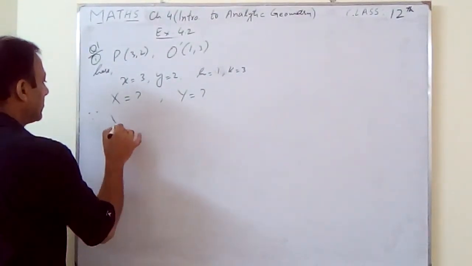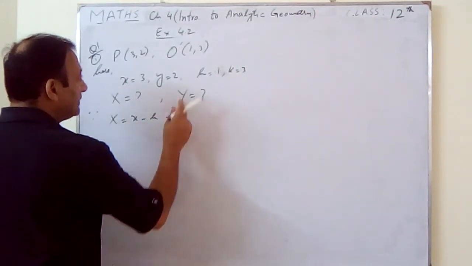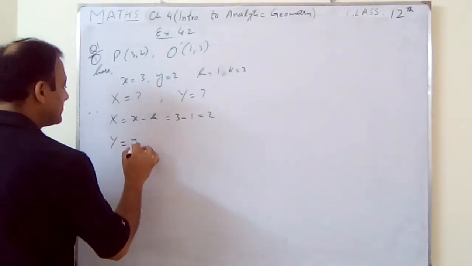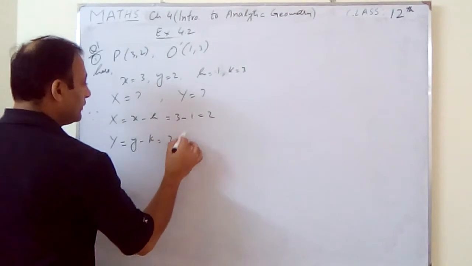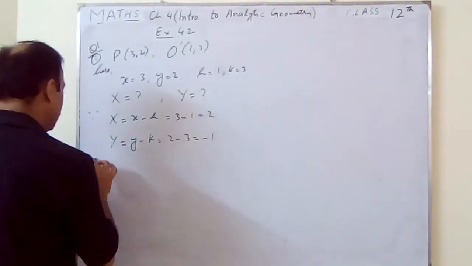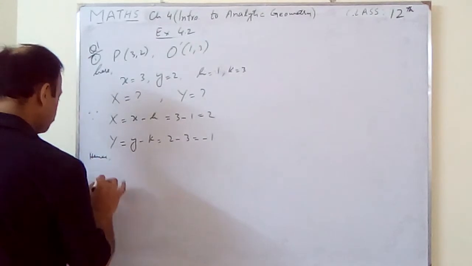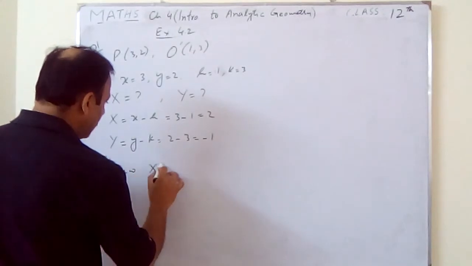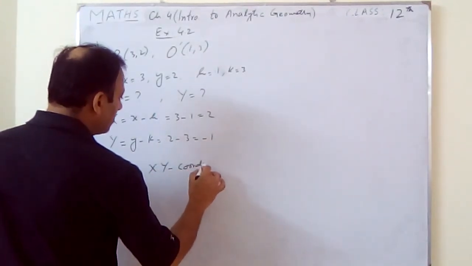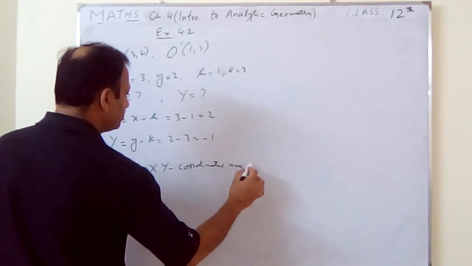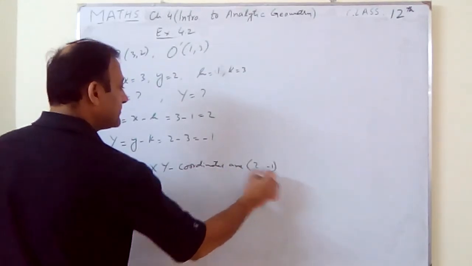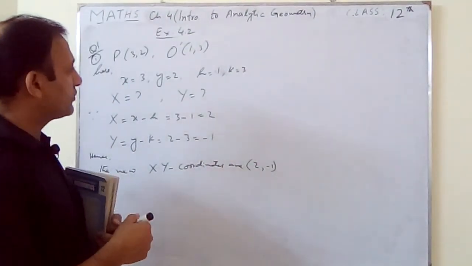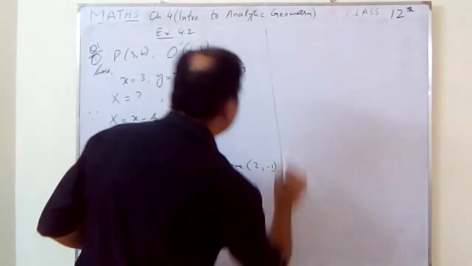Since capital X is equal to x minus h, that is x minus h, and capital Y is y minus k, hence the new xy coordinates are 2 and minus 1. So this is question number 1, and this type of question we can easily find by this method. And in question number 2,